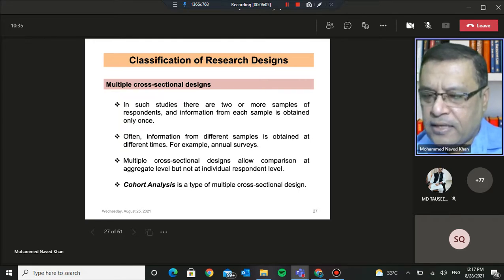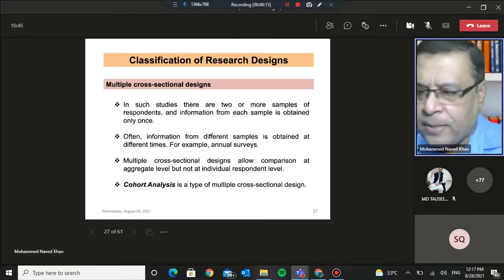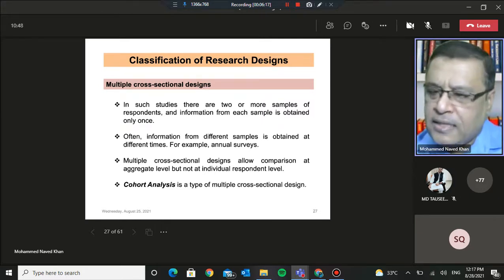Another thing we have to remember, as I repeated earlier also, is that in case of cross-sectional designs, the sample does not remain fixed. In case of multiple cross-sectional designs or even single cross-sectional designs, once we have administered the questionnaire on the samples that we have drawn, our relationship in a way with the sample ends there. Suppose you want to go in for another administration, we will be drawing a fresh sample.